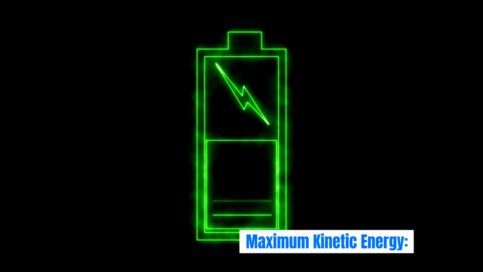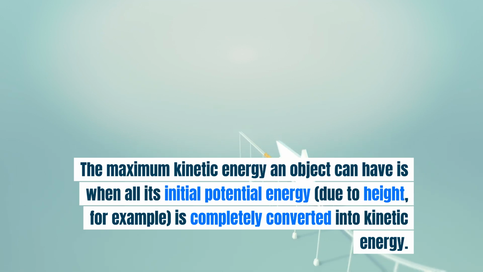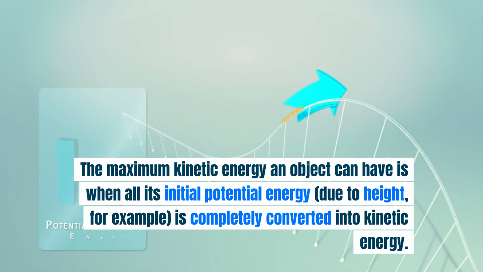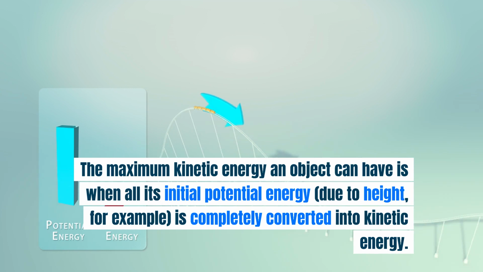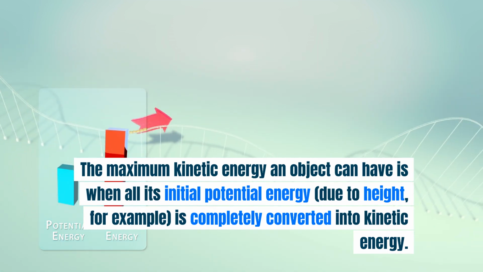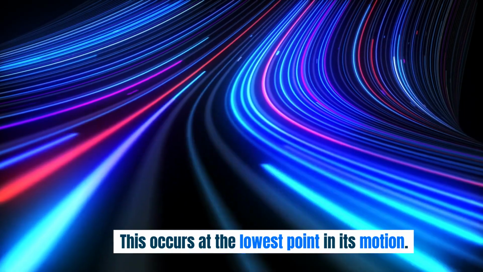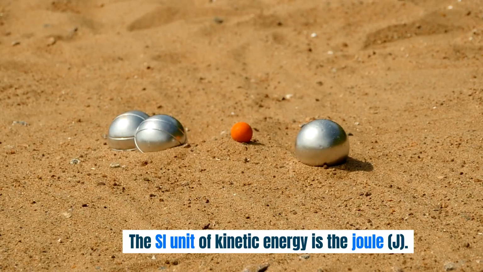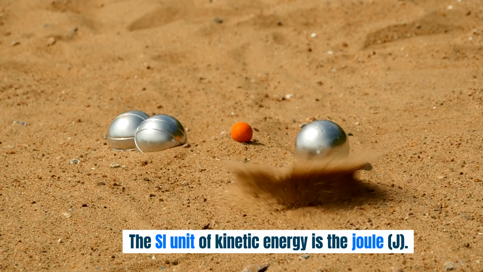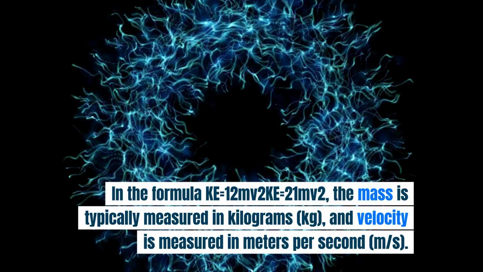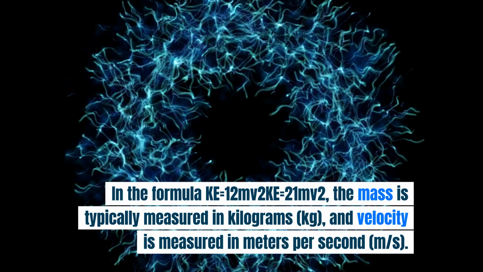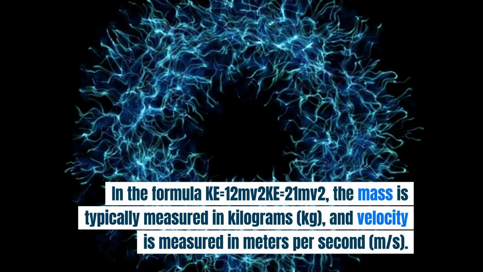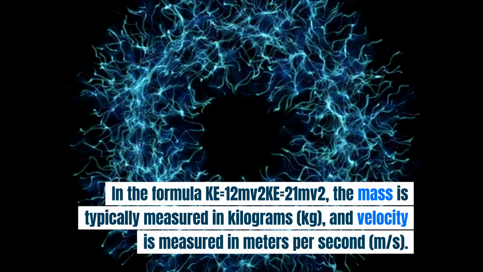Maximum kinetic energy. The maximum kinetic energy an object can have is when all its initial potential energy, due to height for example, is completely converted into kinetic energy. This occurs at the lowest point in its motion. The SI unit of kinetic energy is the joule, J. In the formula KE = (1/2)mv², the mass is typically measured in kilograms, kg, and velocity is measured in